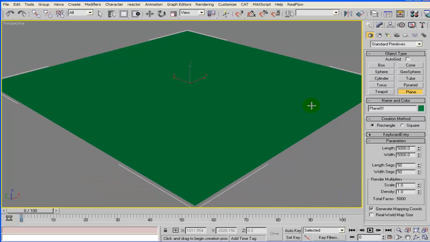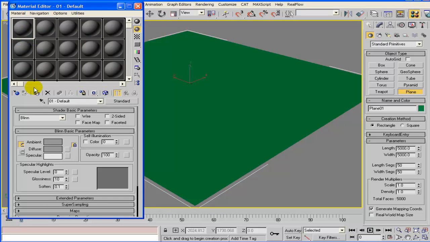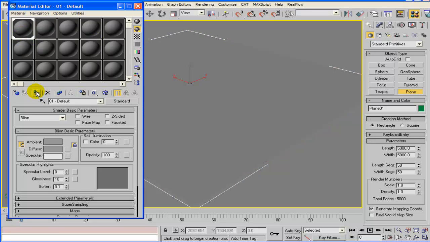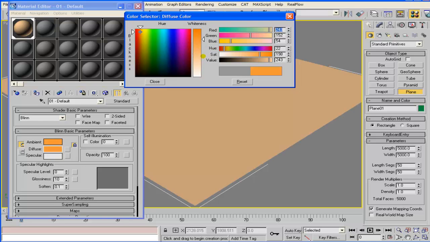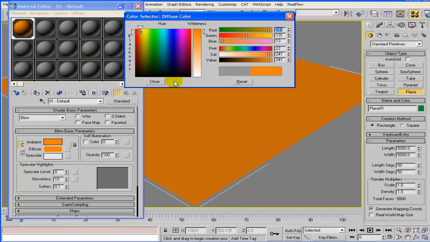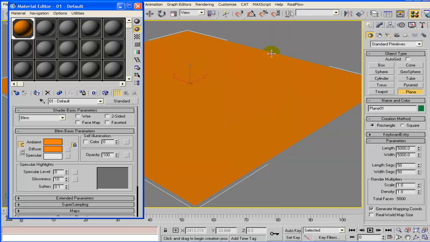First thing we need to do is apply a material to the geometry. A simple material of any type will do for this demonstration. I'll change the color just to demonstrate that the Vertex Paint modifier will not affect the diffuse of the model. So whatever your textures need to be, they will not be affected by this technique